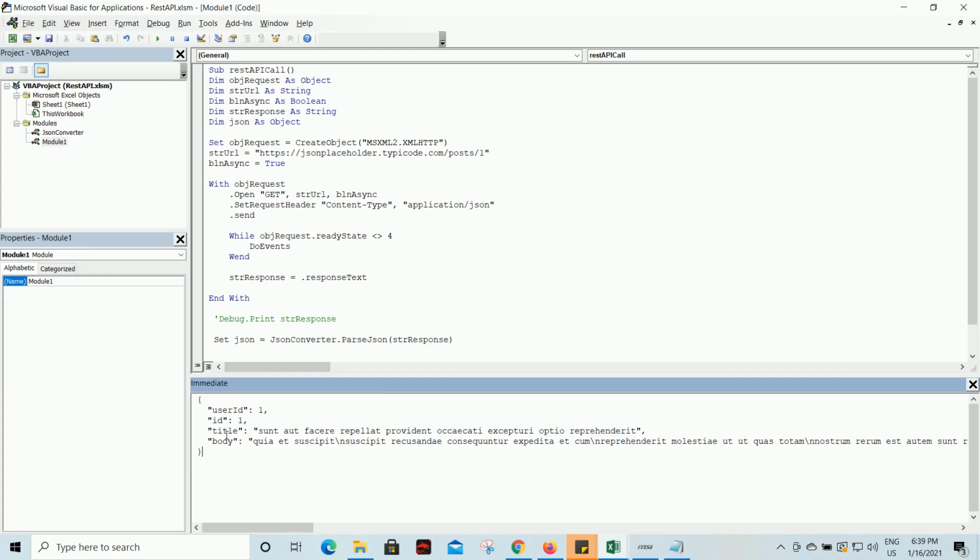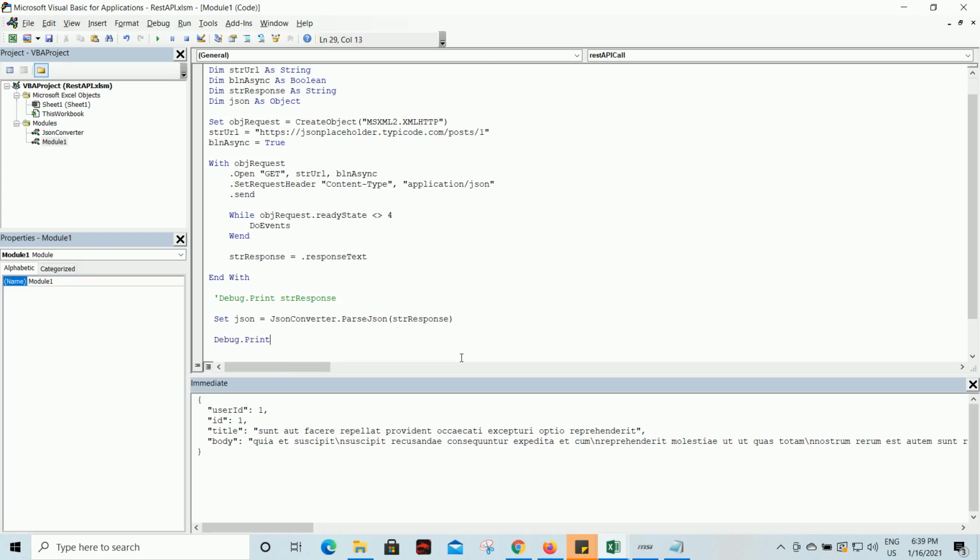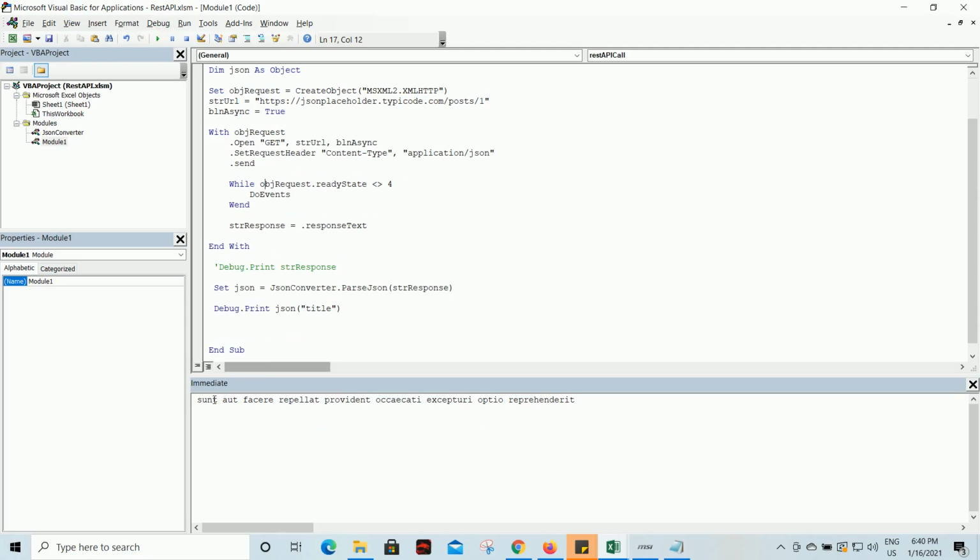If you want to access any object, you can pass the key inside the parentheses to this JSON. For example, let's say I want to find the title of this request. All I need to do is put the JSON, open a parenthesis, enclose it inside double quotes, and enter the key. Here the key is title because I want to extract this title. So let's save this and execute the script. If you look at the terminal, you can see that it extracted the title from the JSON object.